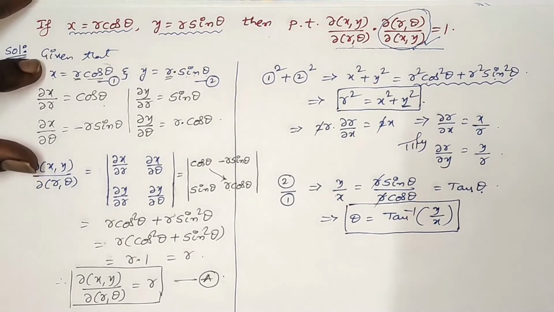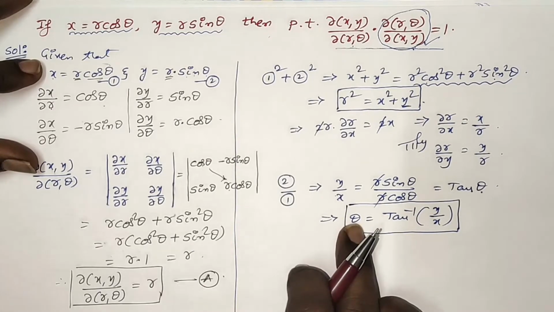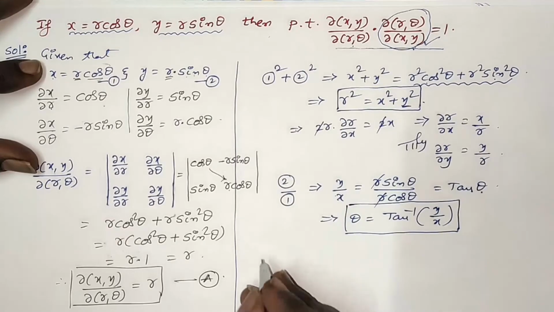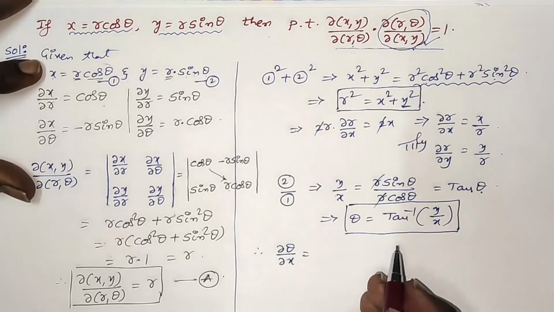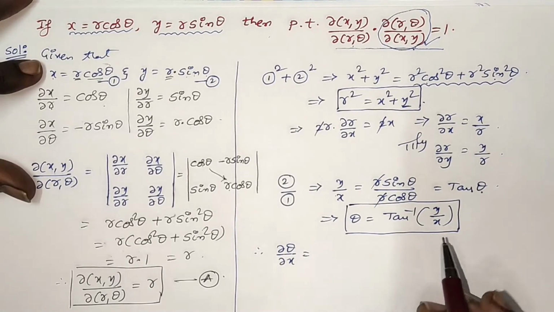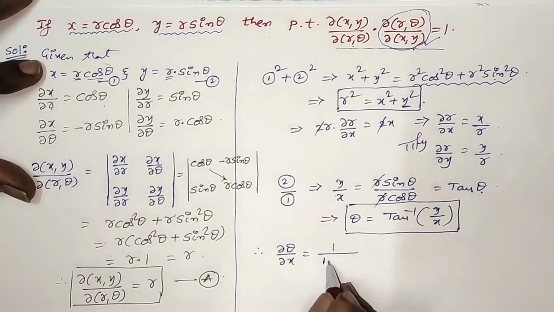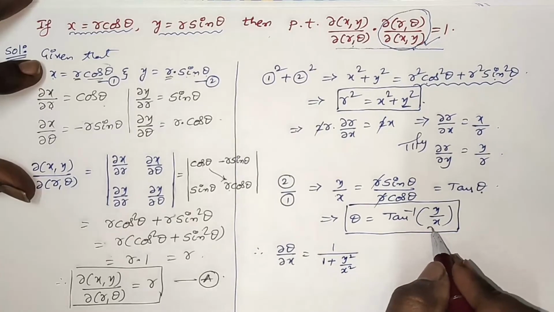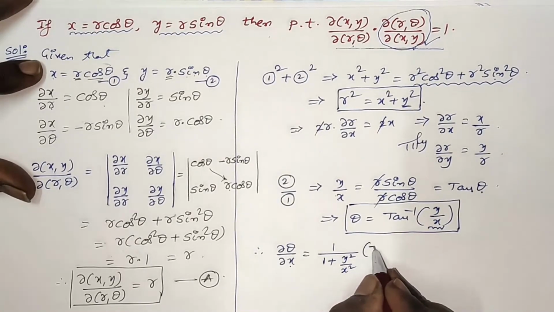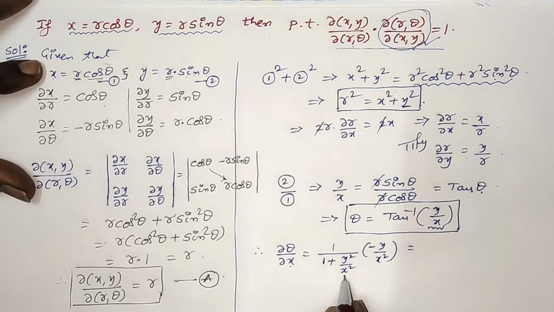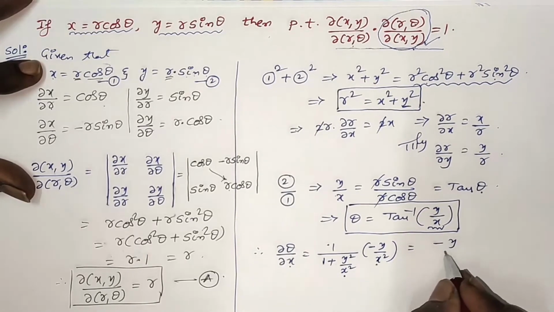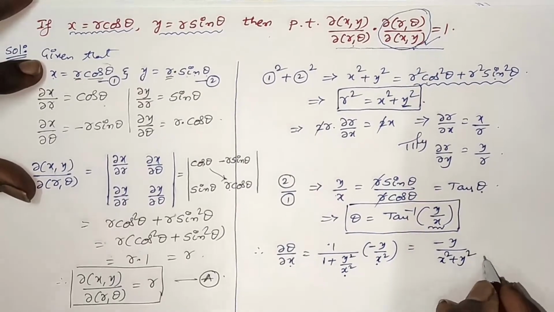Now it is enough to find out the differentiation of theta with respect to x and y for getting this Jacobian. So therefore, dou theta by dou x is equal to, already you know that derivative of tan inverse of x is 1 by 1 plus x square. According to that formula, you will get 1 by 1 plus y by x whole square. So you will get y square by x square, and the internal derivative with respect to x is minus y by x square. So take the LCM here, x square. After that, this x square becomes numerator. This x square getting cancelled. So the result is minus y by x square plus y square.